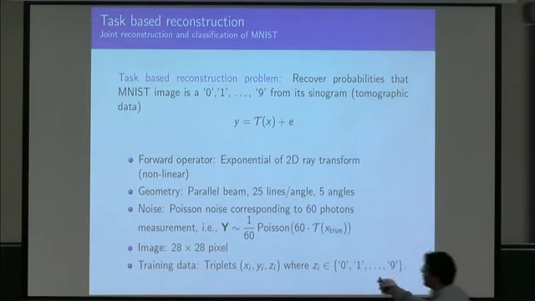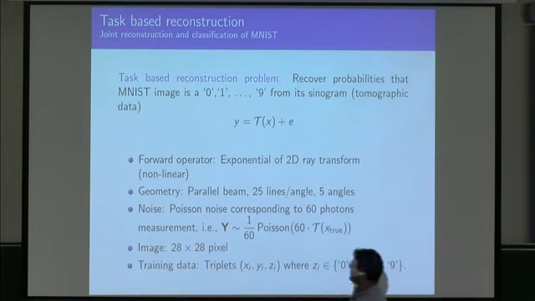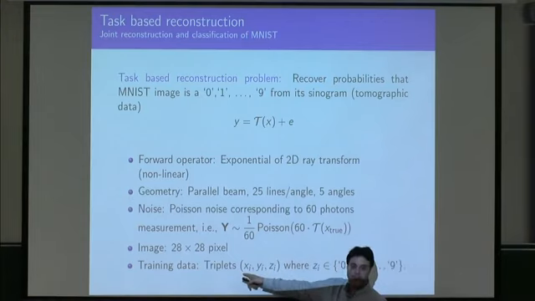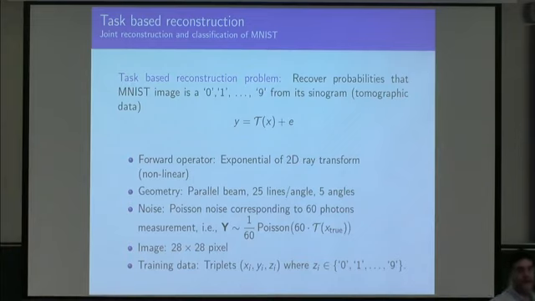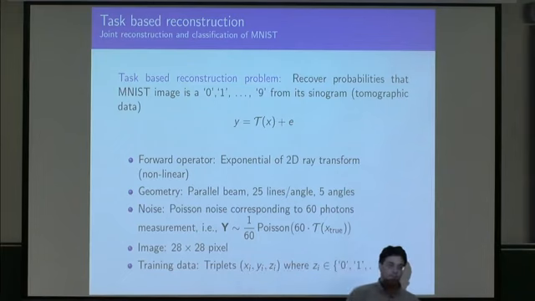Here is Poisson noise. The images are really small, 28 by 28 pixels. You have triplets now. You have your handwritten digit image, and you have the corresponding tomographic data with 5 directions. Parallel beam tomography is really undersampled by all means. And this is the true class that this image belongs to. Does it represent a 0 or does it represent a 1? What is it?